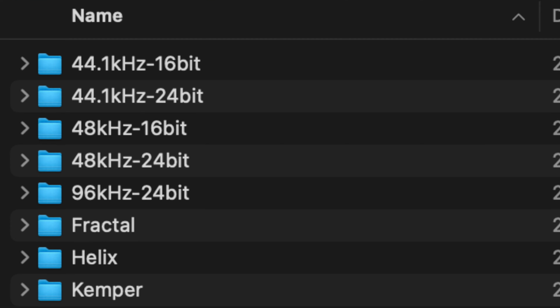Question 1. I just purchased a cab pack. How do I make it work? So you've just bought yourself a new cab pack. You've downloaded it, you've unzipped the folder, and there's just a big jumble of files and you don't know what to do with them. I'm going to offer you 3 different ways that you're able to use them in your own rig. If you're running a modern digital modeler, you should be able to use these IRs directly onto your